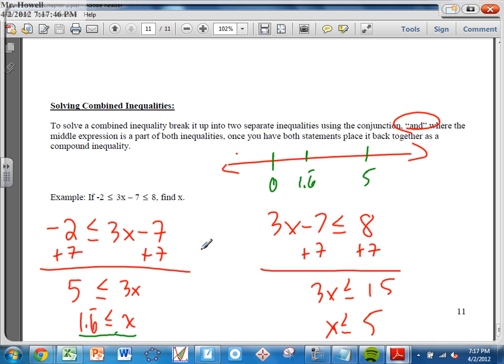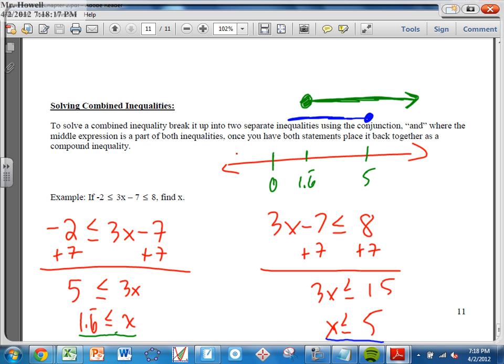And I'm going to draw them above each other for a reason. One of my solutions, the one I underlined in green over there, is everything greater than or equal to, so I color in the circle because it's greater than or equal to. Whenever it's equal to there, we color it in. And it's greater than or equal to 1.6, so it's everything to the right. Okay? But the other solution says x is less than, and I'm going to read it from left to right this time, x is less than or equal to 5. So the other solution is everything from here